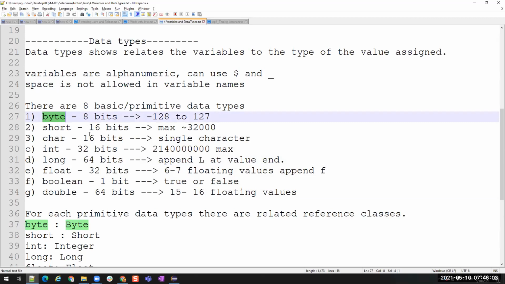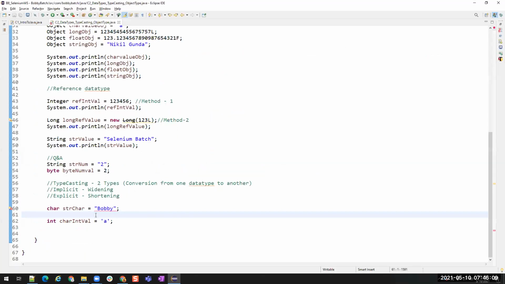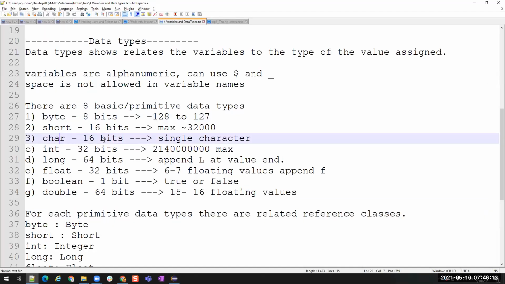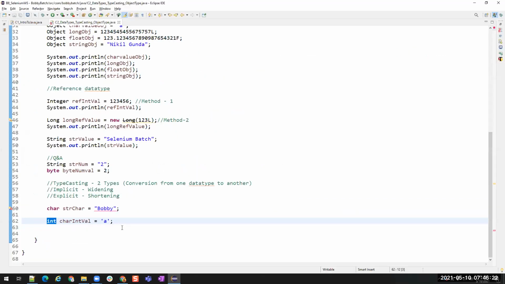When you try to convert a lower memory type to a higher memory type, see, character is having less memory than integer, right? Character is 16 bits, whereas integer is 32 bits. So I am able to store a character inside an integer. I need not do any type of conversion. By default, it will be converted to integer and stored.